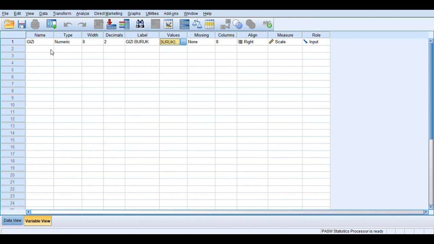Okay. And then in the name column, write economy. In the values, value 1, mampu, value 2, tidak mampu. Click OK.